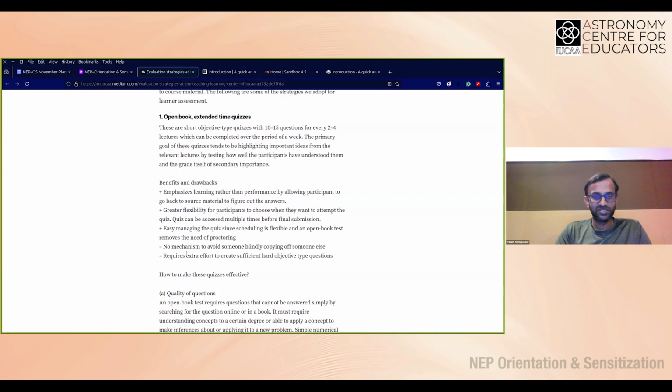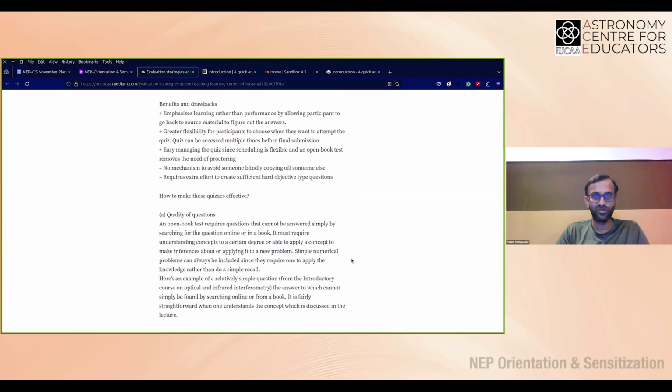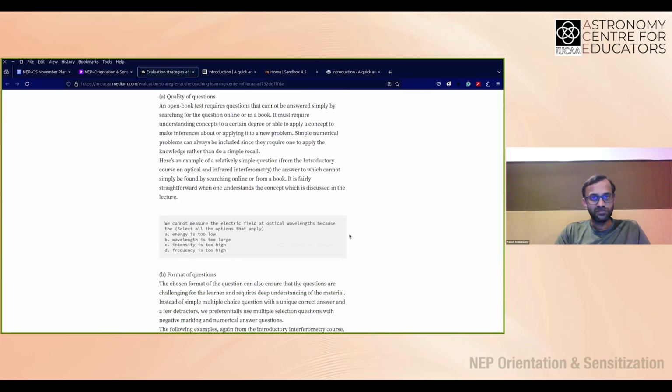Of course, another drawback is the extra effort that is needed to come up with these questions. A simple MCQ is straightforward because you're giving them a very short period of time, not enough to go and look up in places. So you can give more straightforward questions, but here you have to think harder about what sort of questions they won't be immediately able to answer. At the same time, it will help them understand the topic that you have taught them. So of course, we focus on the quality of it foremost.